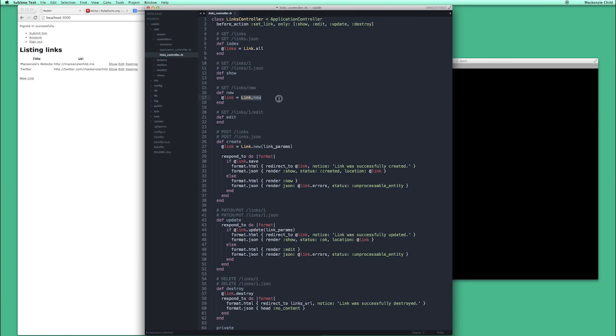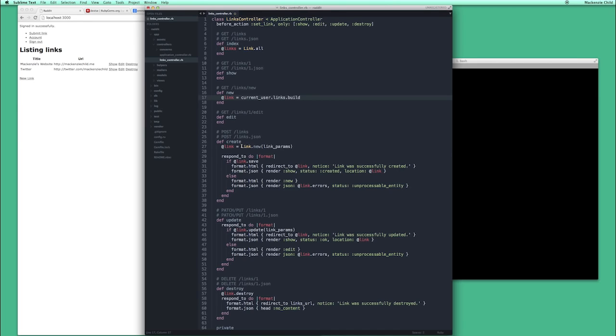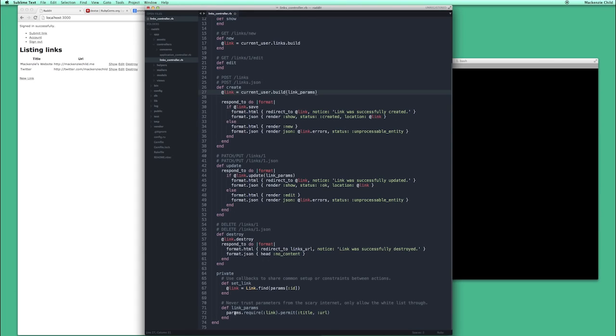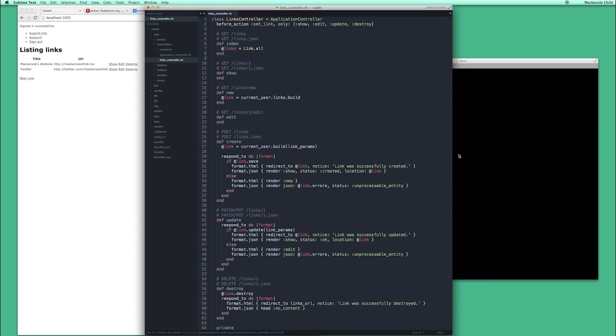So we're going to do @link equals current_user.links.build instead of Link.new. So this builds it out from the user instead of from just a new link. So let me do the create as well. So we'll do current_user.build, and we're going to build from the link params, and the link params is under the private method def link_params. All right, so if we save that,